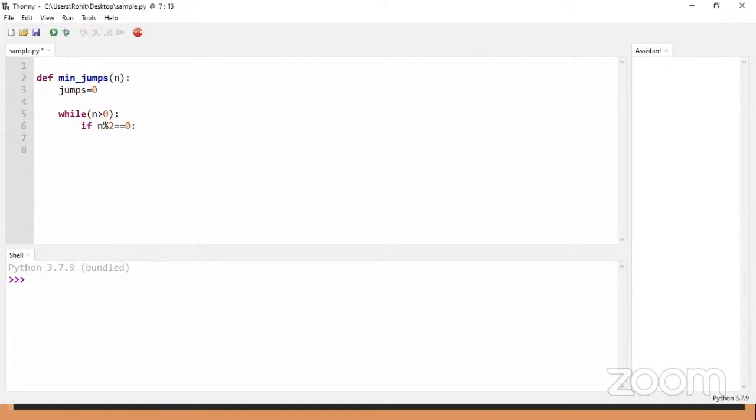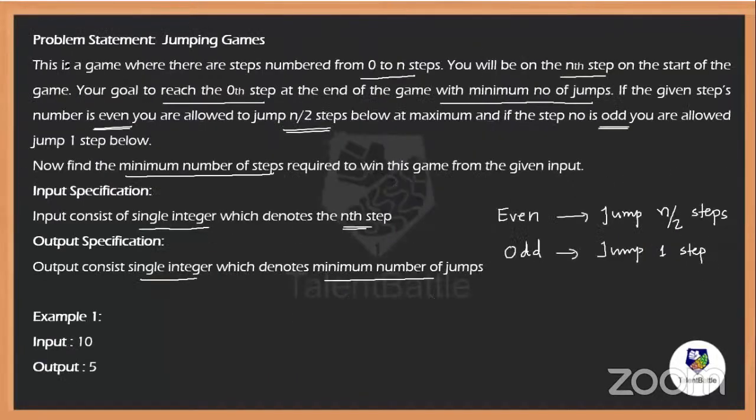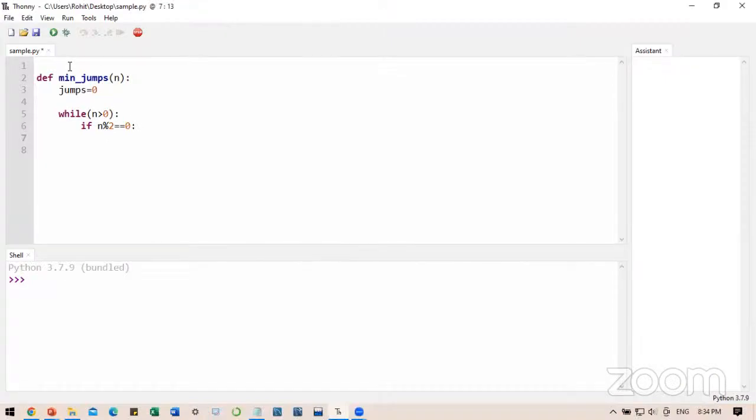And according to the even case mentioned in the problem statement, if the given steps number is even, you are allowed to jump n divided by 2 steps below at maximum. Okay. So we will write the code according to this. n equals n floor division 2. Now I am taking floor division so that it will give me the rounded value instead of a float.